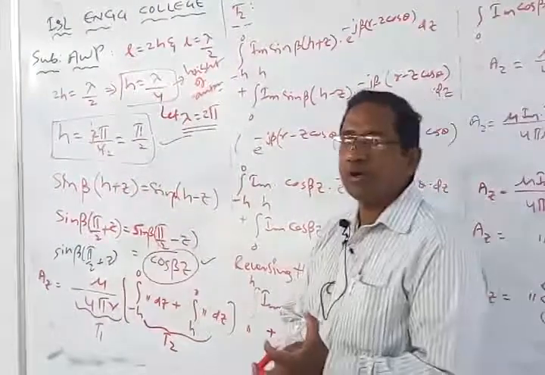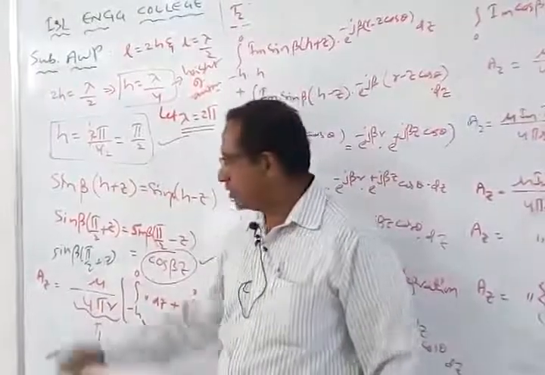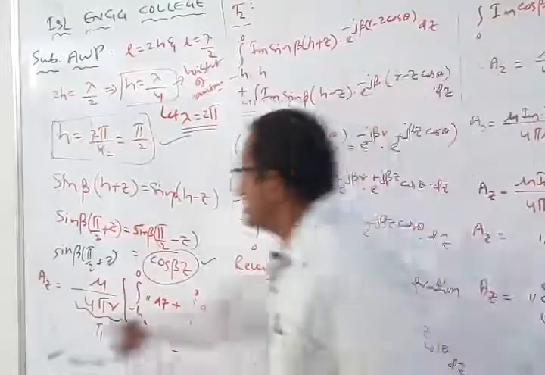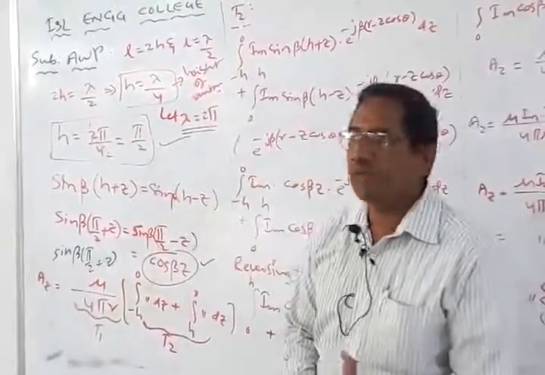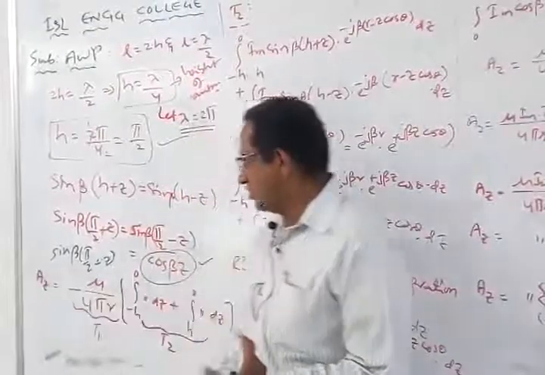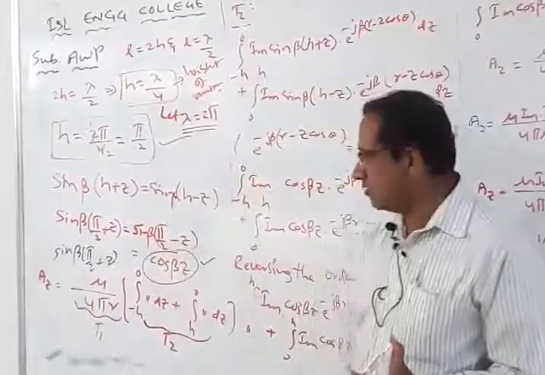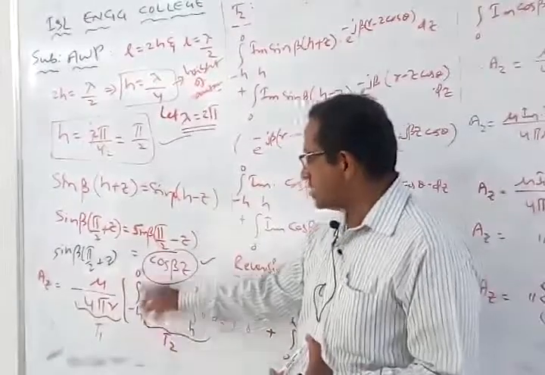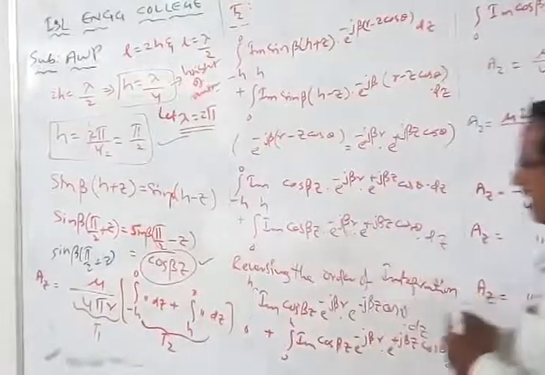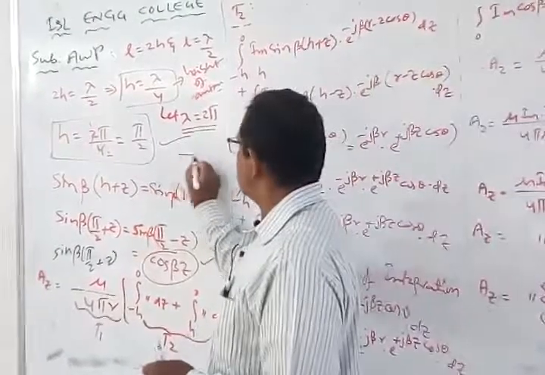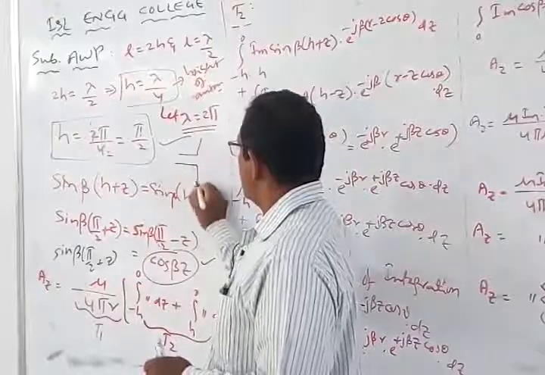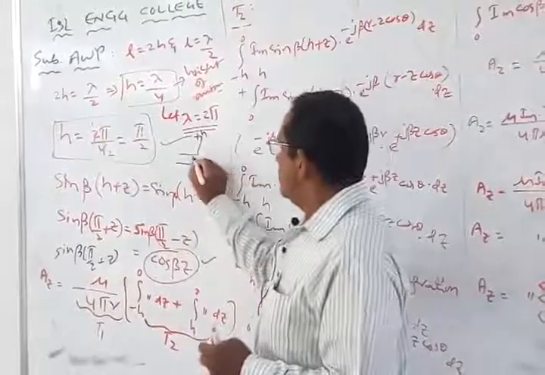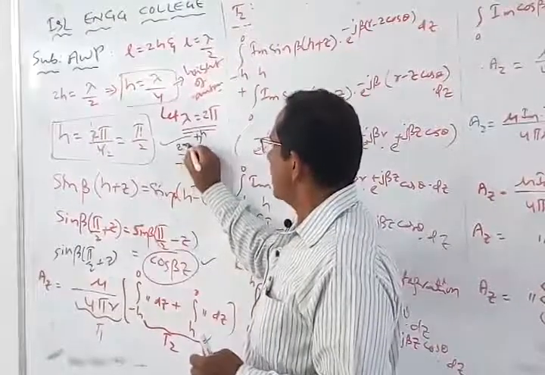Now let us go back to the magnetic potential Az, the magnetic potential along the z direction. A is known as the magnetic potential vector, and this z designates the direction of propagation of the wave. So I can write Az is equal to, from the previous equation, mu by 4 pi r, integration from minus h to 0. What is this minus h? If you consider a dipole antenna, it's going to be minus h and plus h, and this one is going to be 0 for us, the z is equal to 0 axis.